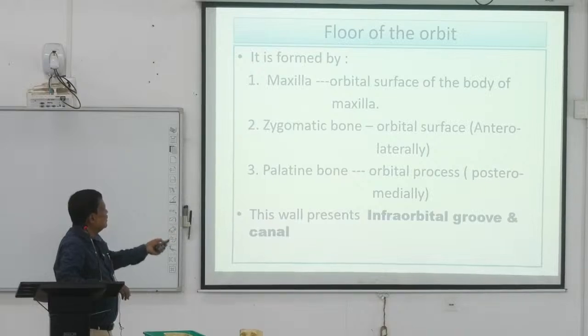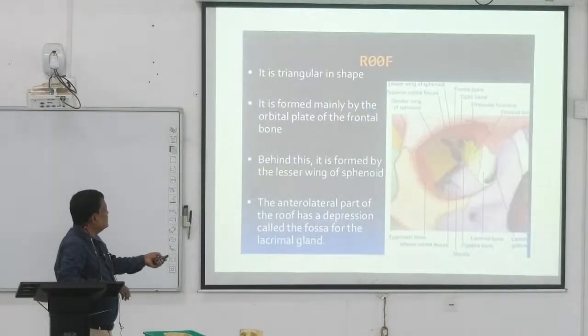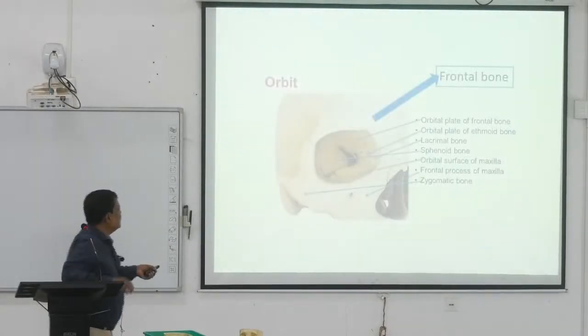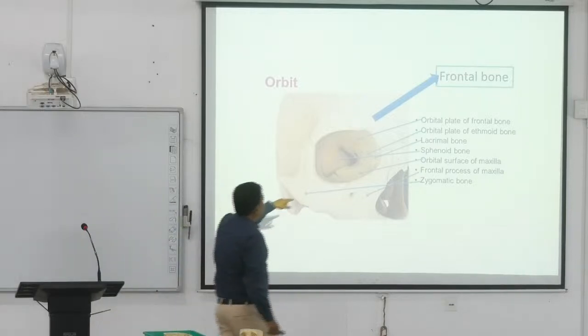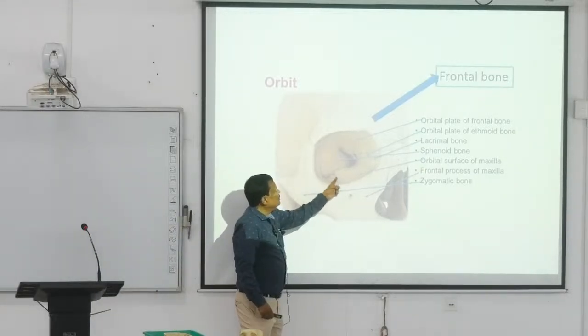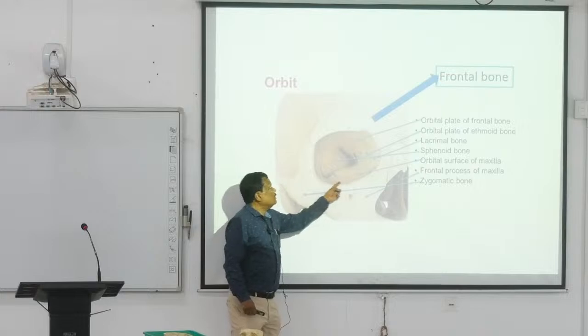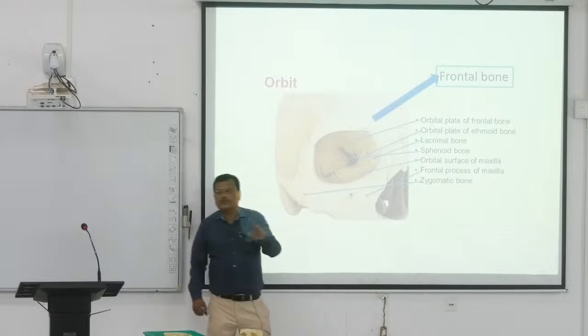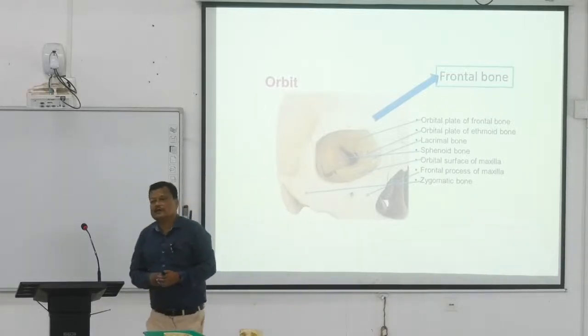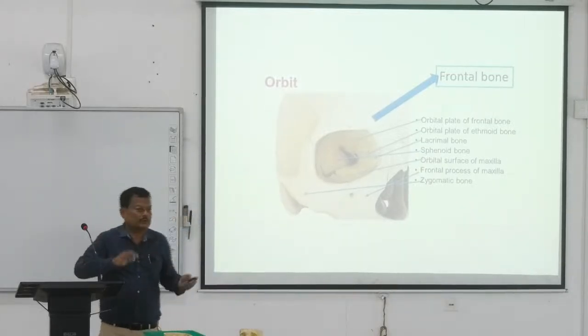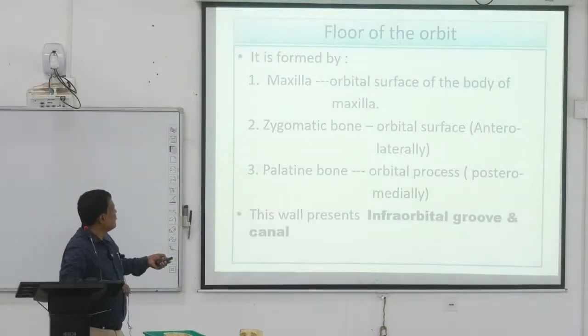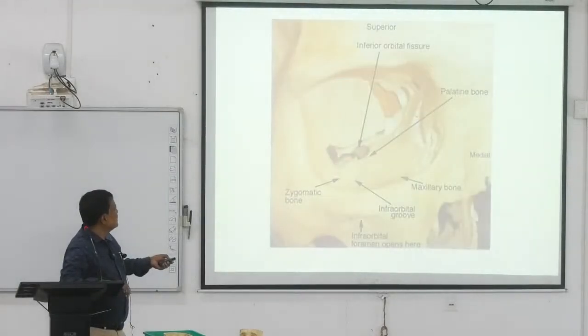বোন, প্যালেটাইন বোন। আচ্ছা, একটা কথা বলে নিচ্ছি, এই যে ইন দ্য ফ্লোর দেয়ার ইজ অ্যান গ্রুভ ইন দ্য অরবিটাল প্লেট অফ দ্য ম্যাক্সিলা, ইট ইজ নোন অ্যাজ দ্য ইনফ্রা অরবিটাল গ্রুভ হুইচ ট্রান্সমিটস দ্য ইনফ্রা অরবিটাল ভেসেলস অ্যান্ড নার্ভ। কি জিনিস বলে দেবো, ইনফ্রা অরবিটাল ভেসেলস অ্যান্ড নার্ভ, এগুলি আর রিপিট করছি না।